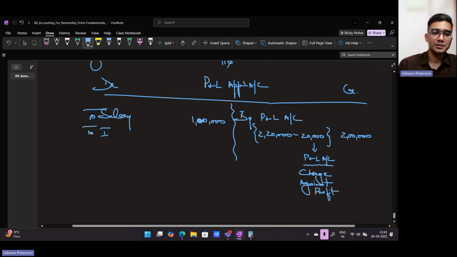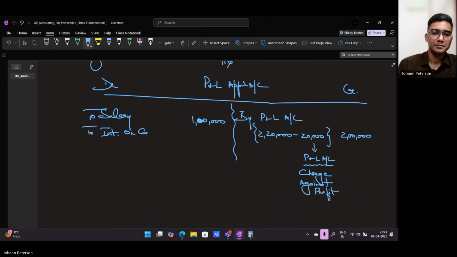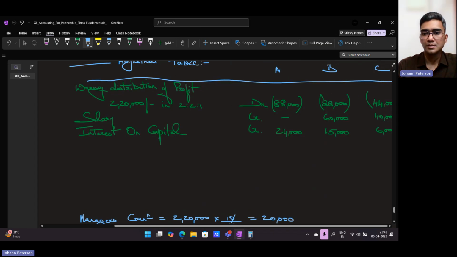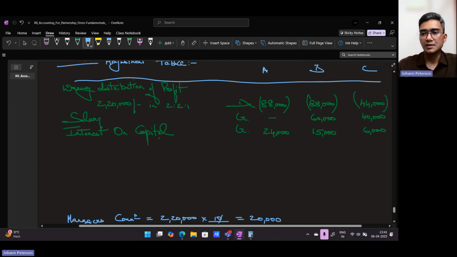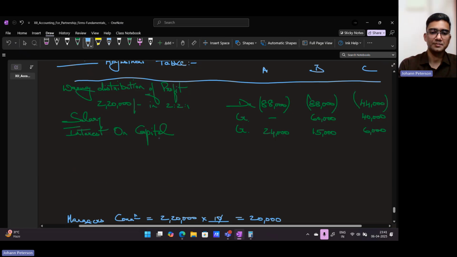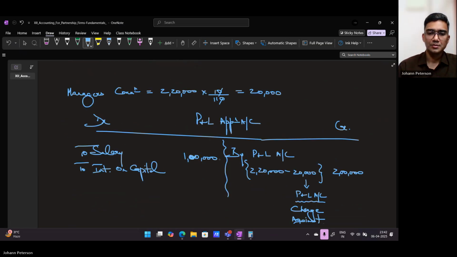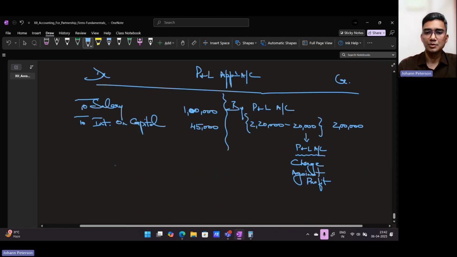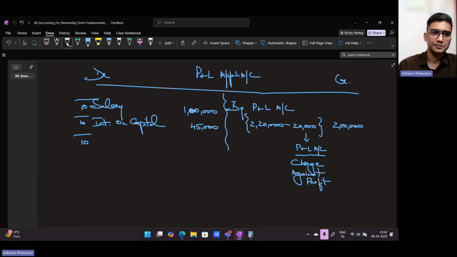And 2, interest on capital. What is the total of this? 24 plus 15 plus 6. That is 45,000. So it's 45, yeah. Now what am I left with? 2 lakh minus 1 lakh 45, which is 50,000. So here my divisible profit,